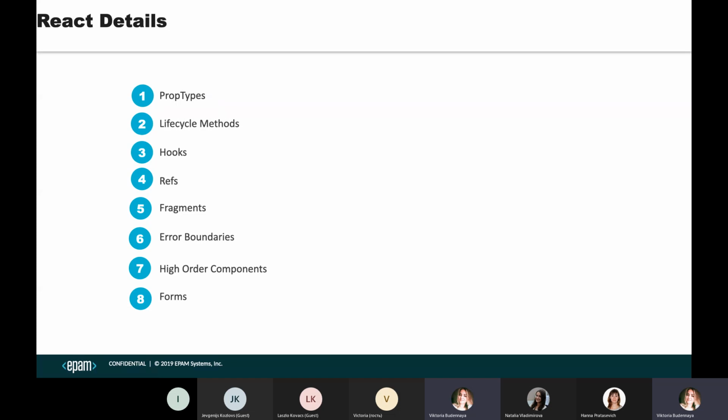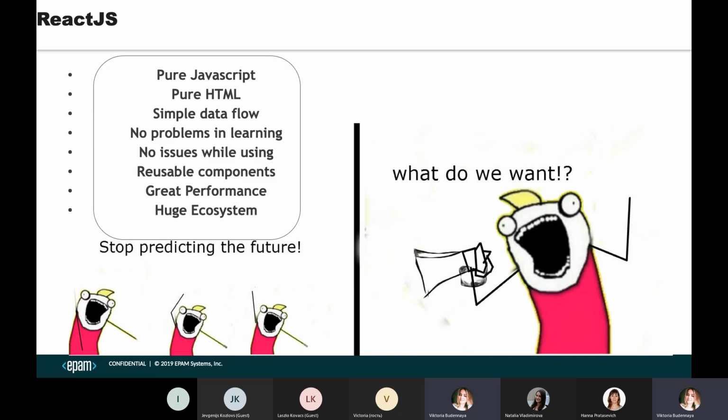References, it's things that help us to get that data directly from the real DOM, let's say like that. Fragments, error boundaries, higher components and forms, more complex stuff. We'll talk about them a little bit later when we know what components are. So,